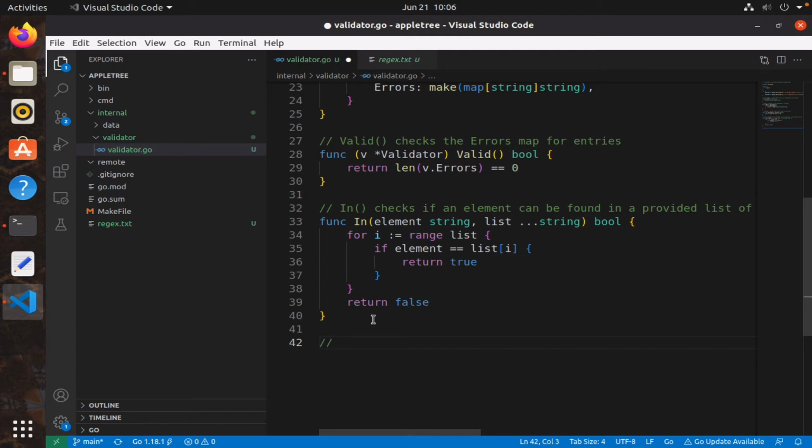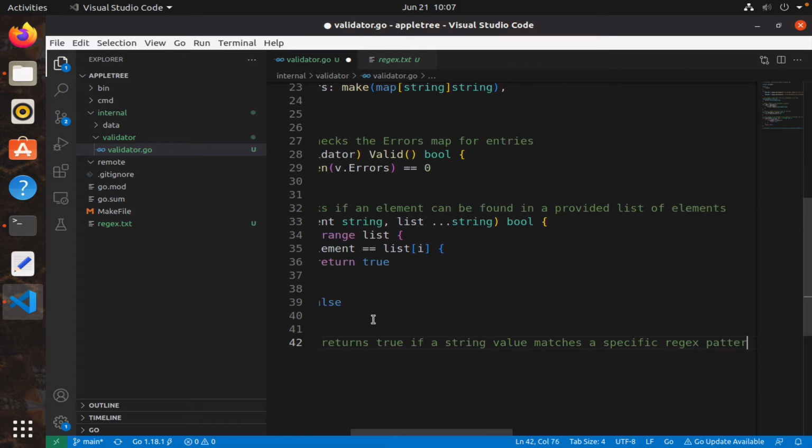And so I'm going to create a method called match, not a method but a function called matches, and it returns true if a string, in our case, if a phone number or a website, which will be a string, if it matches, right? So matches returns true if a string value matches a specific